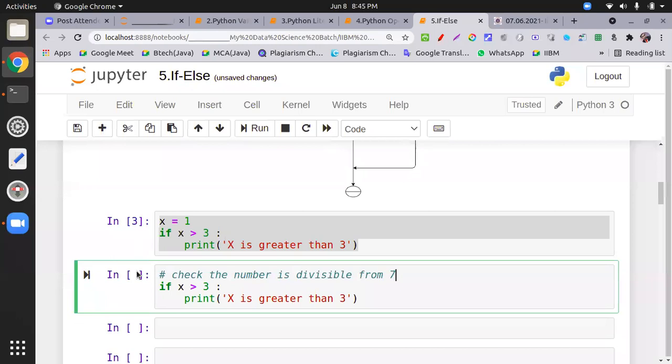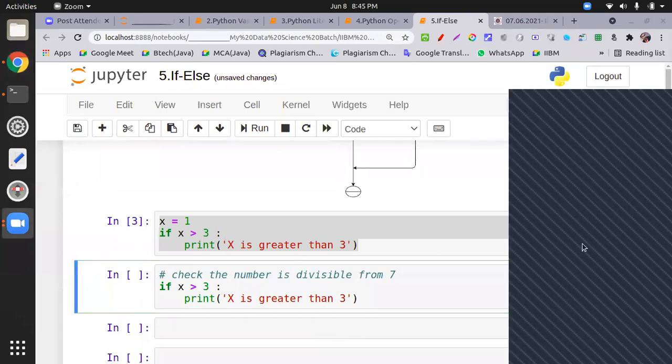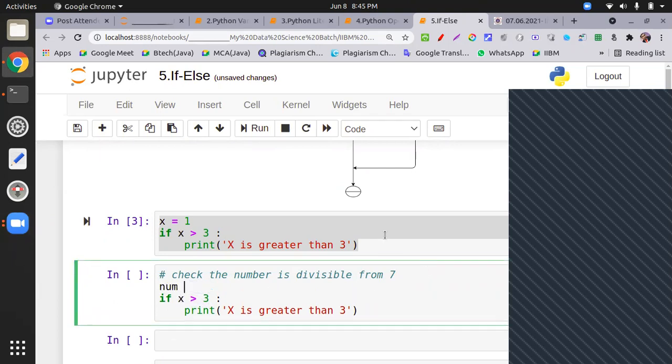Yes, my new participant is Devashish Pani. How do I check that a number is divisible by 7? Sir, we use the modulus operator. If I take num from the user, what condition do I write here? Num modulus what? 7. Okay, perfect.